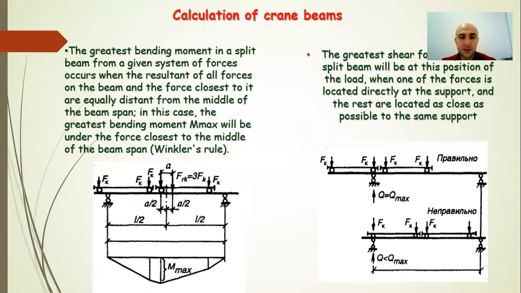Calculation of the crane beams. The calculation of crane beams is in many ways similar to the calculation of conventional beams. However, the moving load, which causes large local stresses under crane rolls, and the effect of not only vertical but also horizontal loads, dynamic loads, and the multiplicity of their application lead to the fact that the calculation of crane beams has some features. So consider the features of the calculation of crane beams related to the specifics of their work. The design forces, greatest bending moments, and transverse forces in the crane girders are found